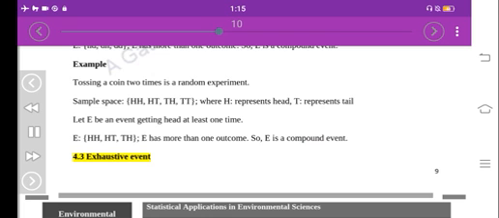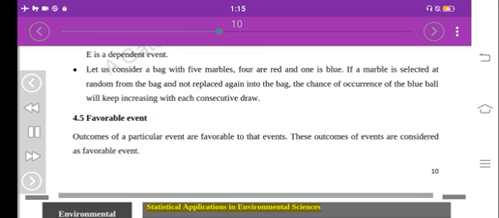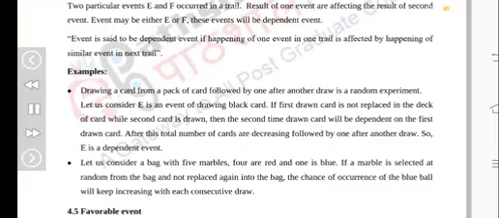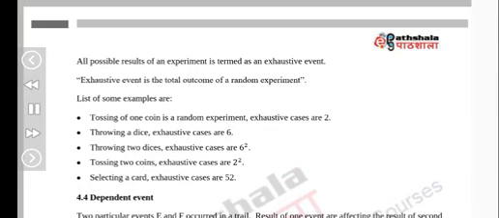4.3 Exhaustive event. All possible results of an experiment are termed as an exhaustive event. Exhaustive event is the total outcome of a random experiment. List of some examples are: